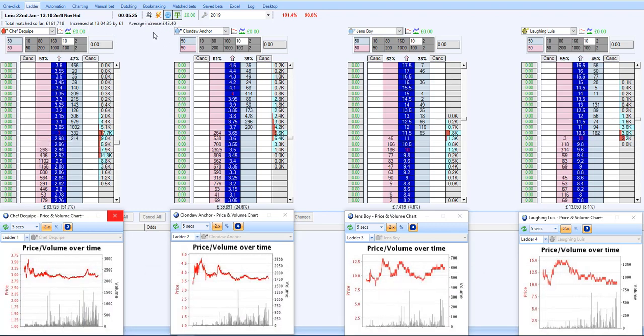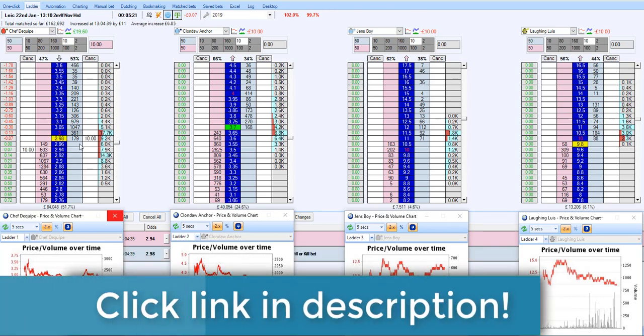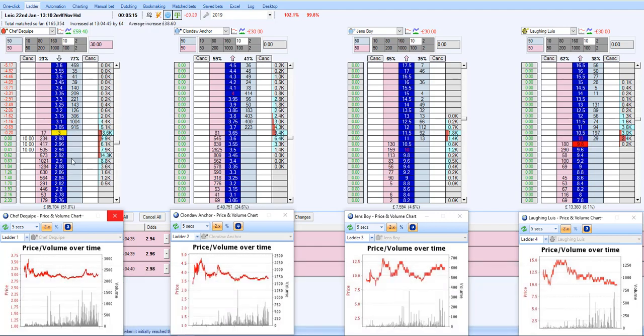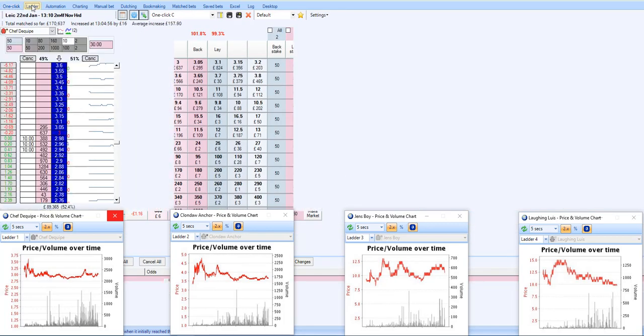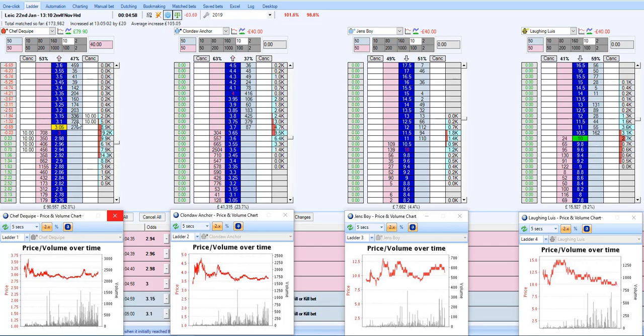So at this point here, I'm going to start backing the favourites. I'm doing this because I've seen there was quite a lot of money came in there on the backside of the favourite, and so I'm going with my gut instinct here, which tells me that favourite is going to get backed in. And so what I'll do now is I will just put in a few positions here just to try and scalp off a few ticks to bring up my